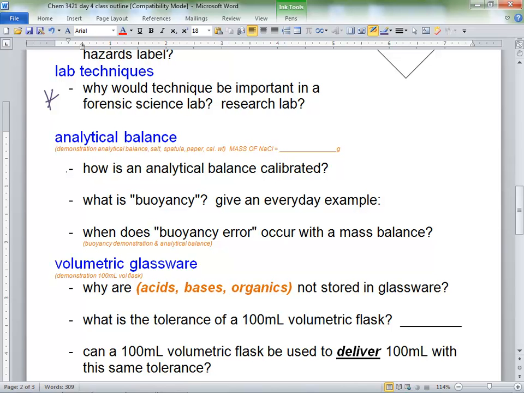I don't know if it's good technique. What I know is that this gives me really good results, because no one's ever said what good technique is, at least for me, for massing something. But you're going to have to do this in the lab a lot. So what good technique is to me is something that gives you very highly precise results. You get the same measurement over and over again. So if I need to mass something and get the mass of it,